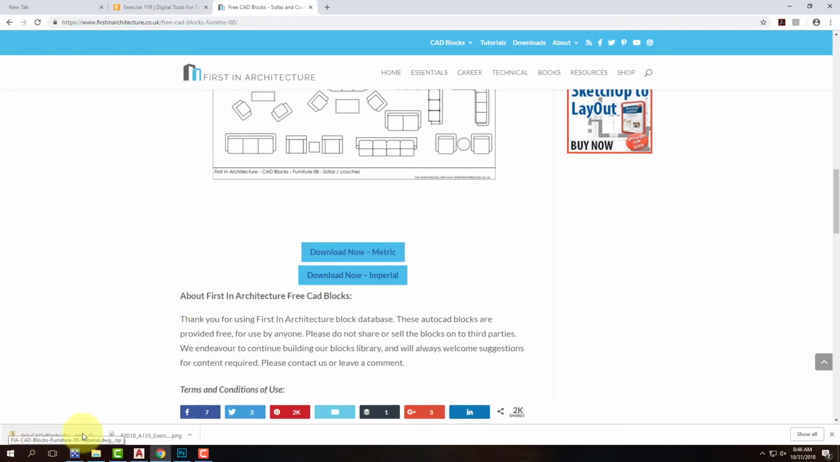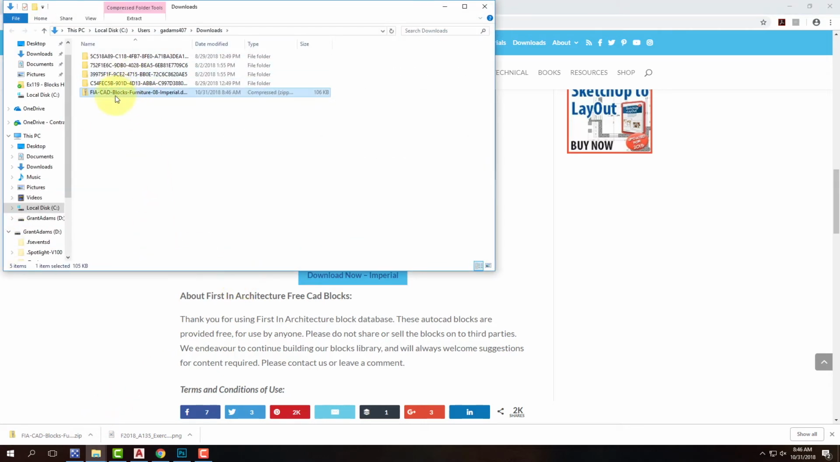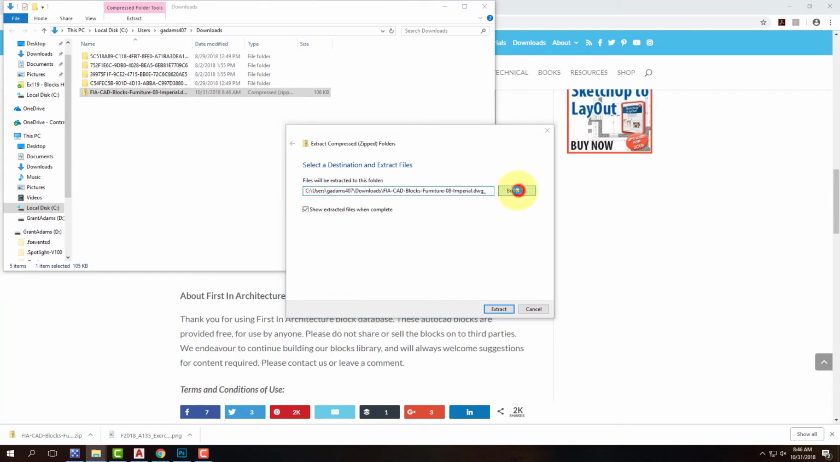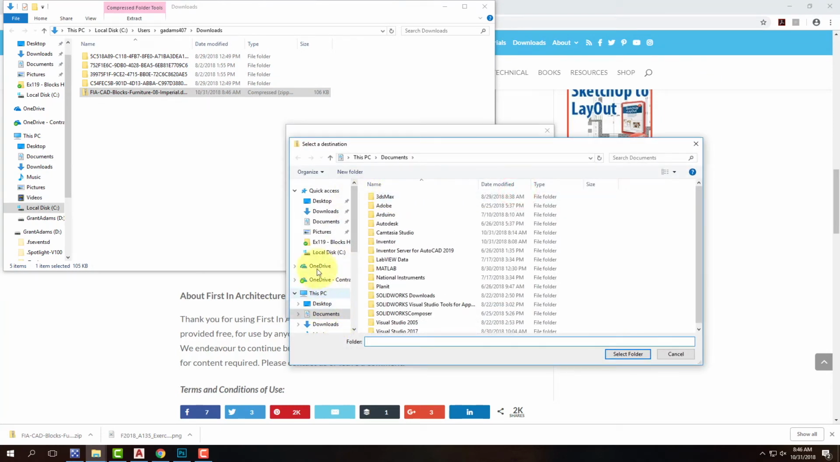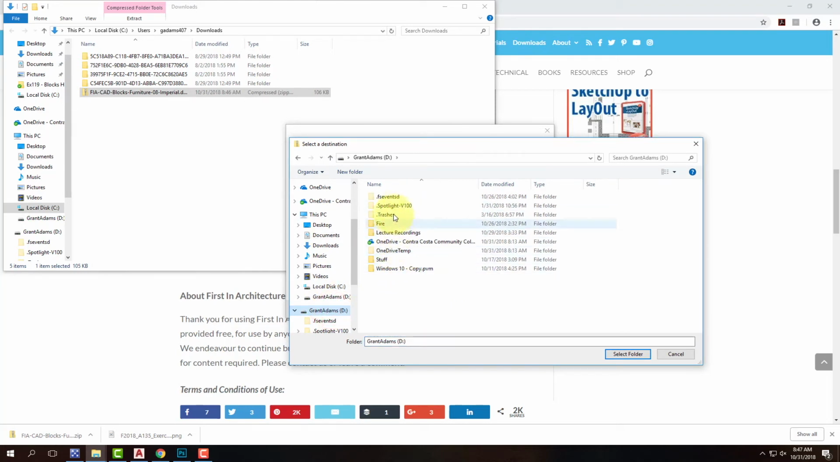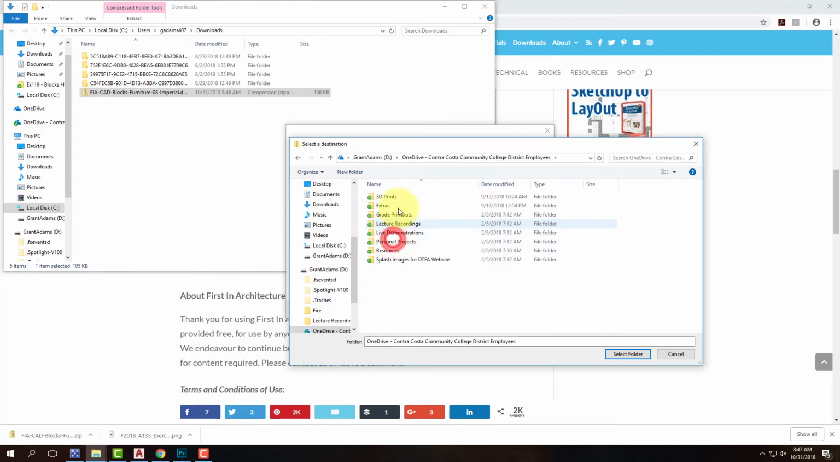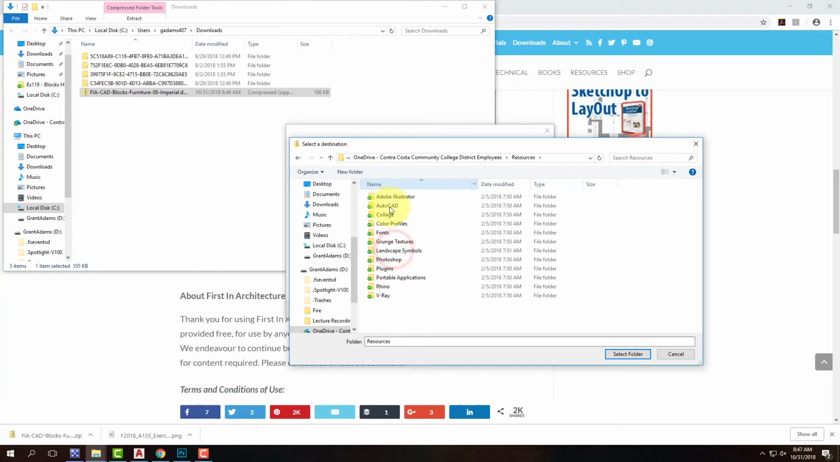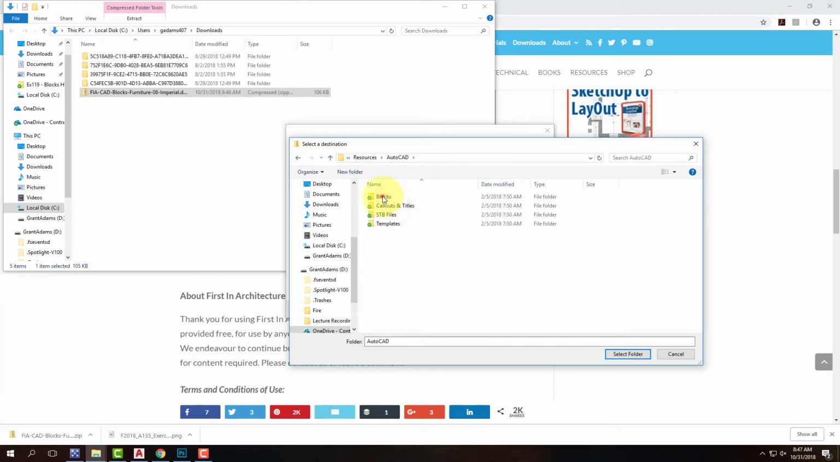It downloads as a zip file, so I'm going to need to show it and then ultimately extract it. So I'll click on Extract All. And I would suggest putting this into your flash drive or your OneDrive. I actually have in my flash drive, I have a resources folder. Inside of that, I have an AutoCAD folder. Inside of that, I have a blocks folder. And this is where I put a lot of my block files. And so I'll go ahead and put it right in here